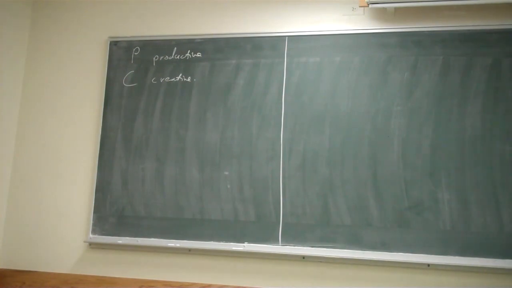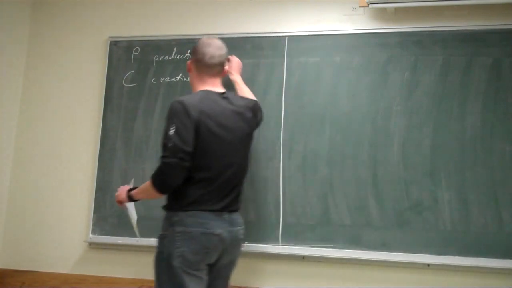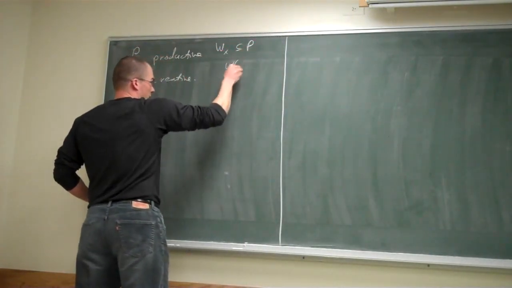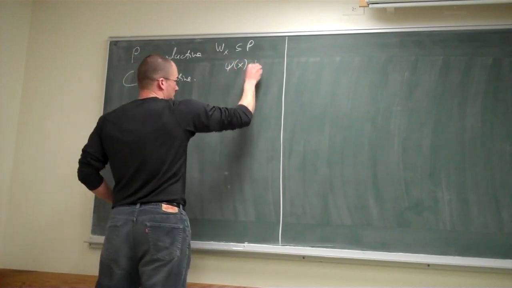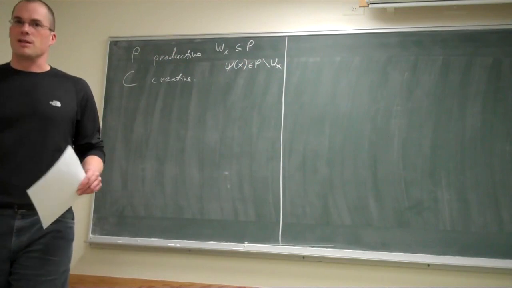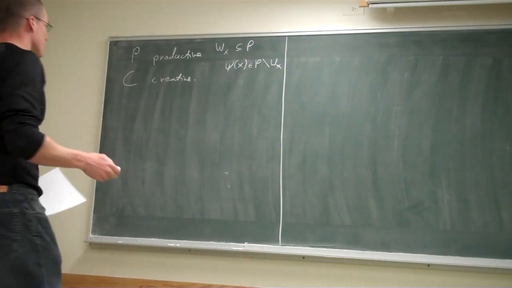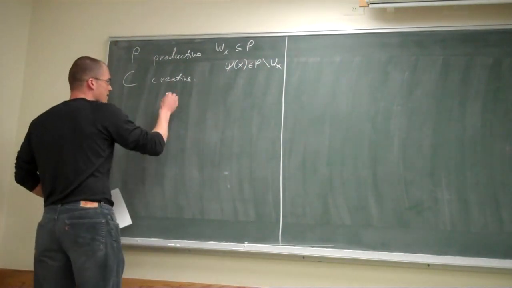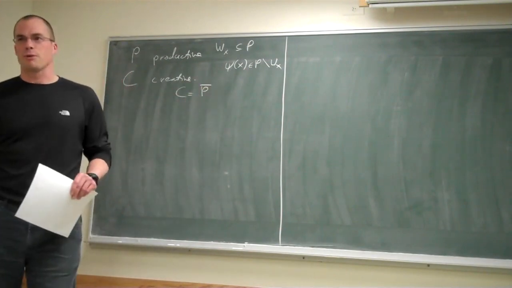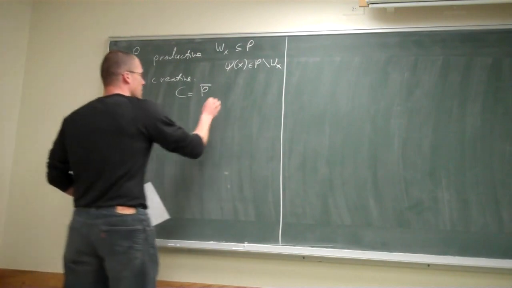So if you get an index of a set which is contained in P, then psi of x is in P minus Wx, and psi of x was some partial computable function. And creative was just a complement of productive, not quite, and